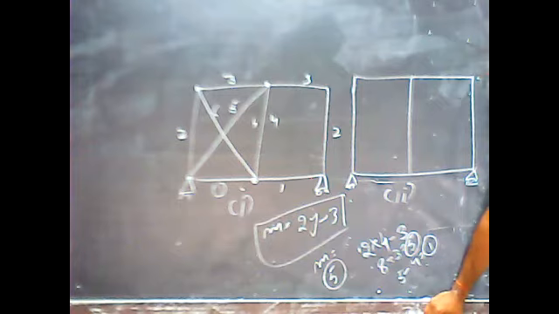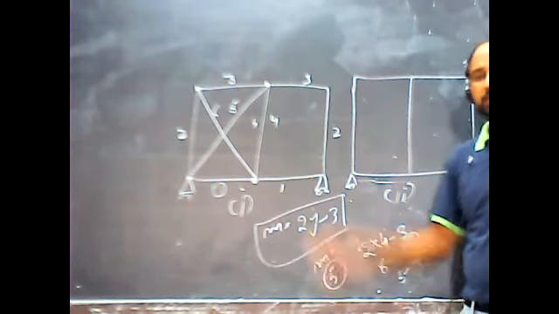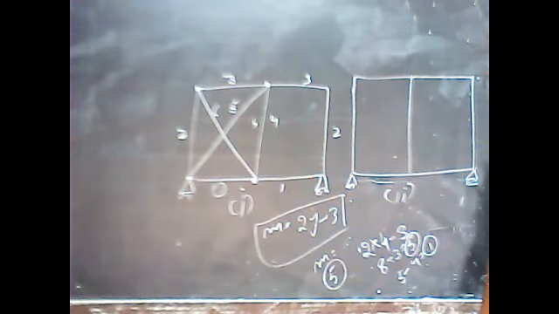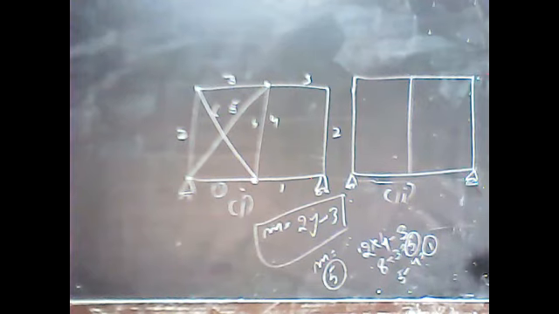Fine. Then count the members given in the problem. If it comes to be more than the calculated value, then your structure is overstay. If it comes to be less, in that case it will be considered a deficient structure. So let me know for this problem, if you consider the complete structure, how many members do I have in this structure?